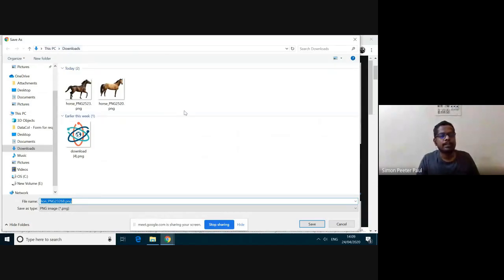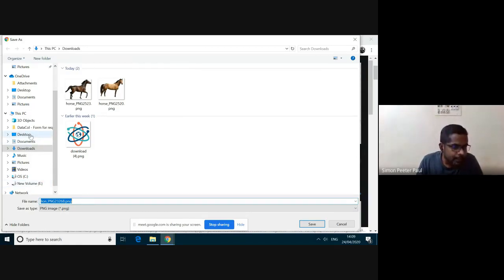What I am deciding is I want to save everything in my desktop, but it is not advisable to save in the desktop because whatever we save in the desktop, if the system gets corrupted, the file will be gone. So it's better to save in your C, D, E, F drive. For this teaching purpose, I'm going to save this one in the desktop.